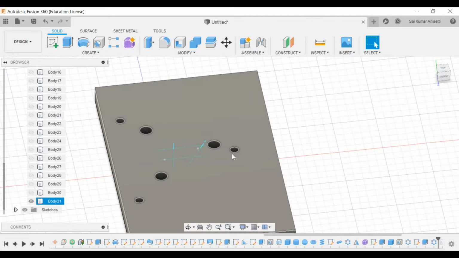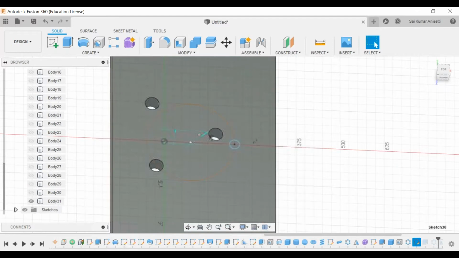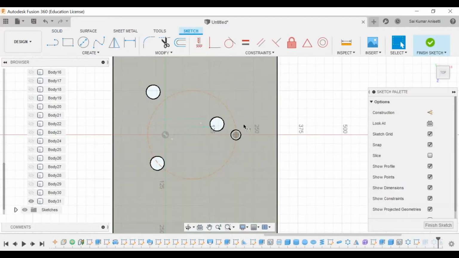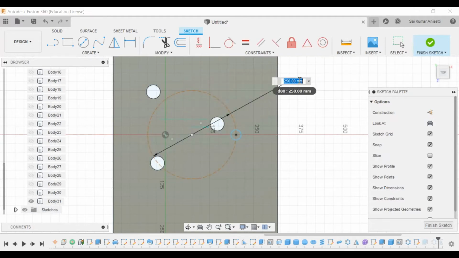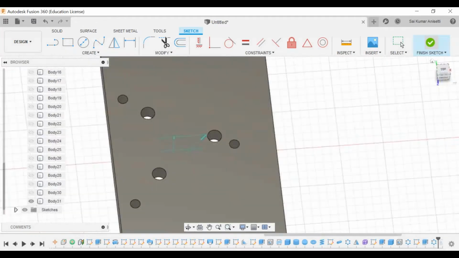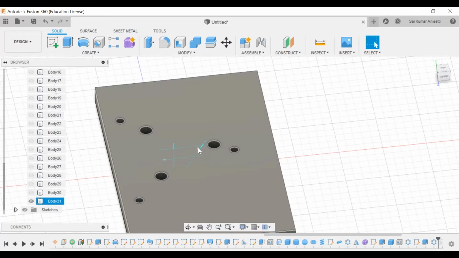Now I want to change the PCD. I'll go to that sketch and I'll change my PCD. So it's regarding PCD. To change this 250 to 200, your PCD will be changed automatically. Okay, sir, you can create any point. So take a point and make a hole, and change the dimensions and it can be changed.